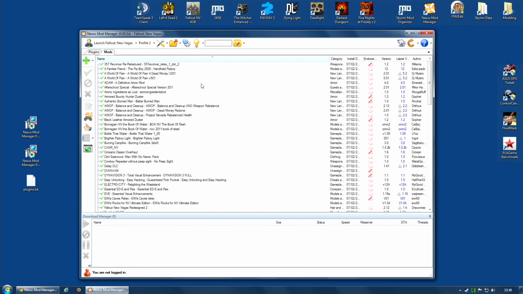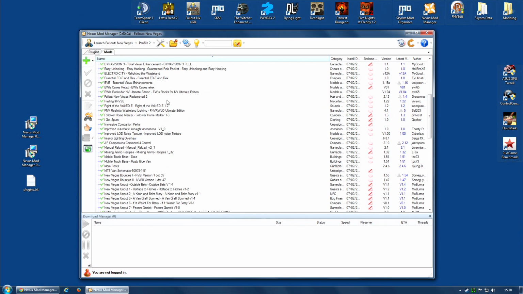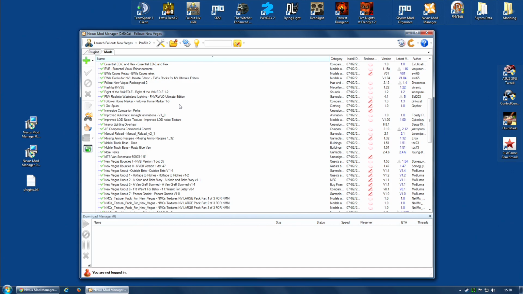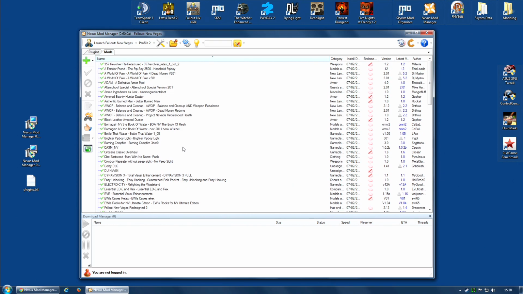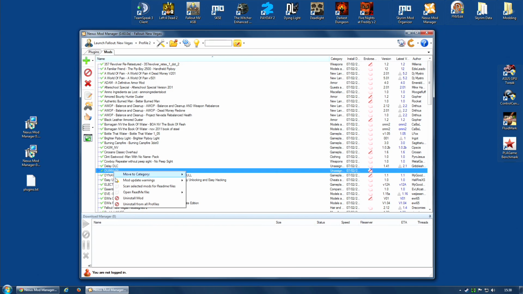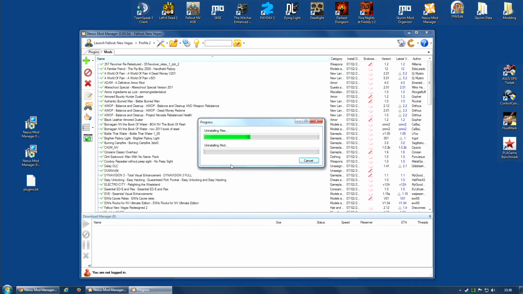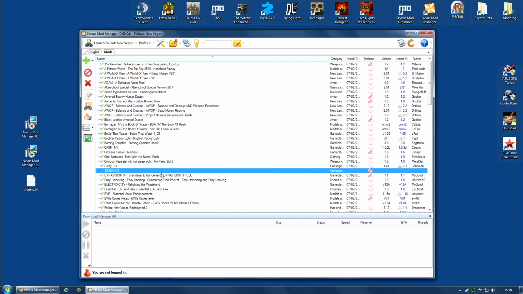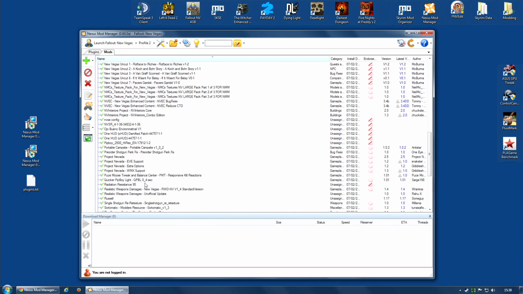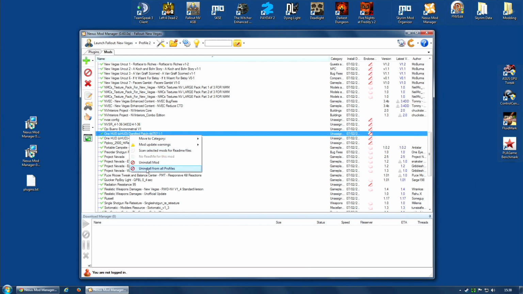Fixing it is actually pretty easy. There are probably a number of ways of doing this. However, what I have found to be the best way is to deactivate Darnified UI, to uninstall the Darnified UI, to uninstall MCM, and any mods, well, not any mods that require it, but any mods that change the user interface. So I uninstall the Darnified UI, I uninstall the Unified HUD,